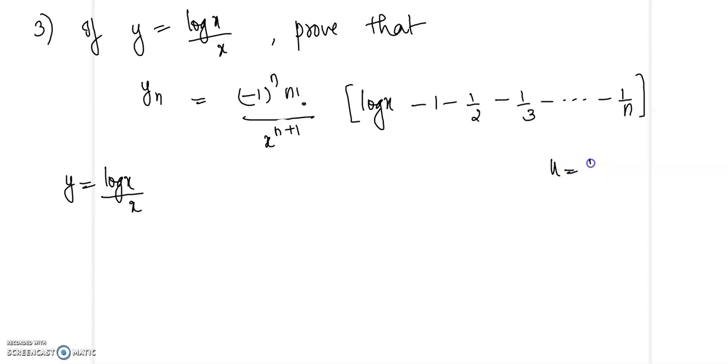So let us take u to be 1 by x, because 1 by x is in the form 1 by ax plus b, we know the expression for the nth derivative, and let us take v equal to log x. Then we can find the derivatives of log x. Okay, so by using Leibniz theorem,